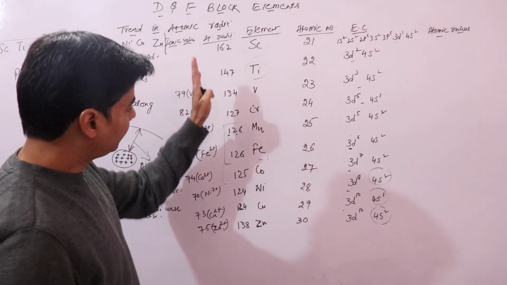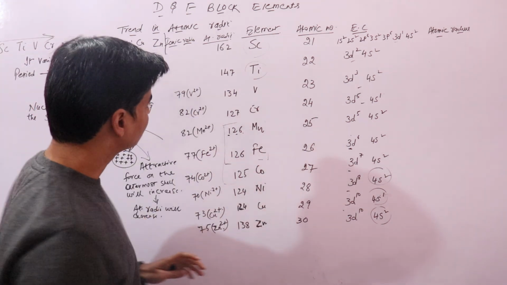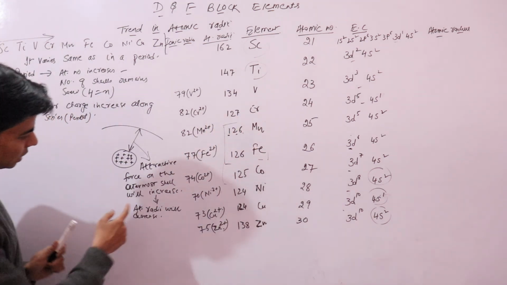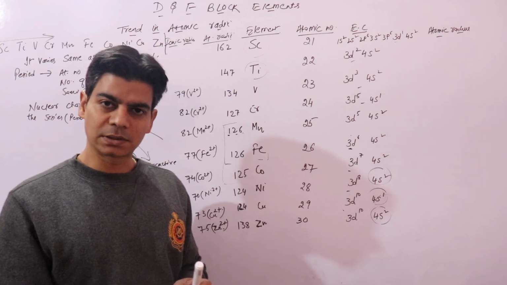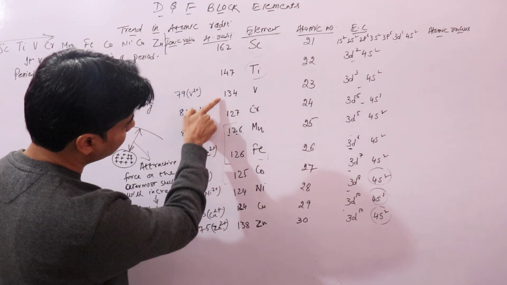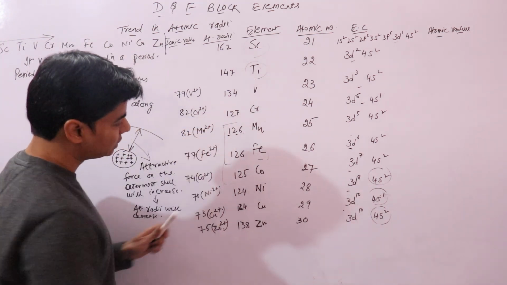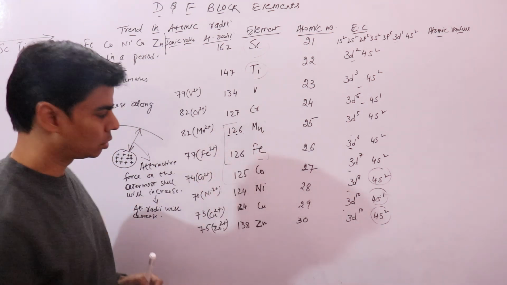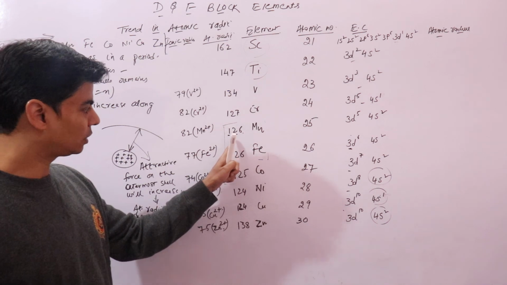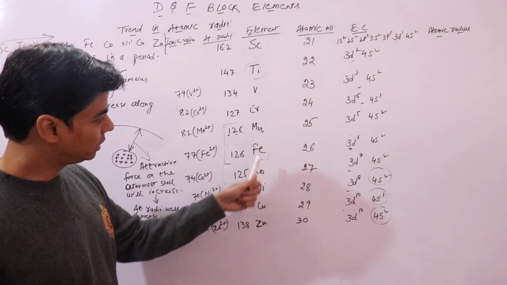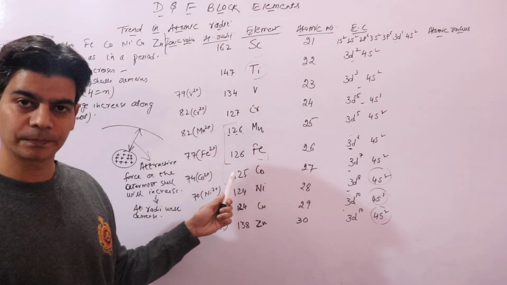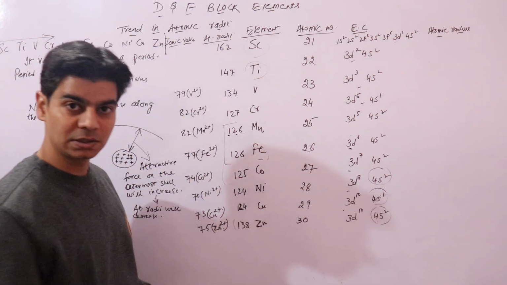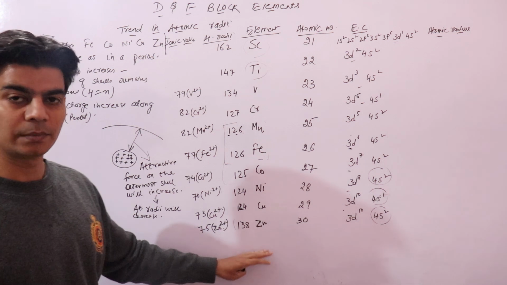Now in case of elements of the 3d series, what we notice is that the decrease of this atomic radii is very less after midway. After midway, that is after chromium, you can see that this decrease is very less, and the decrease is almost gone from manganese to iron. You can see that atomic radii doesn't decrease from manganese to iron, it remains the same, 126. And then it decreases, then all of a sudden at the end it increases. We need to look at the reason for this abnormal behavior.